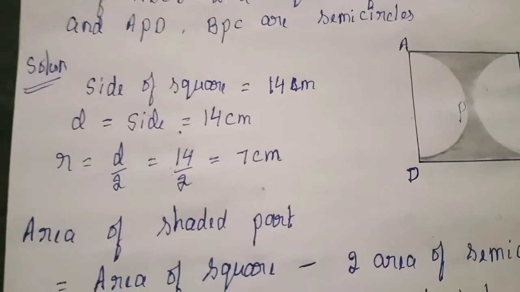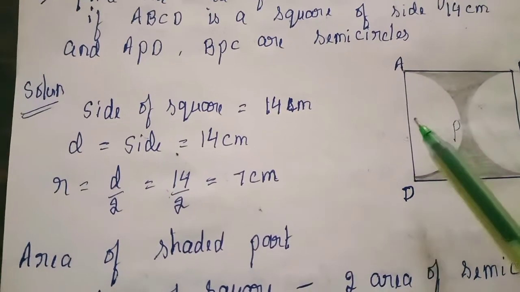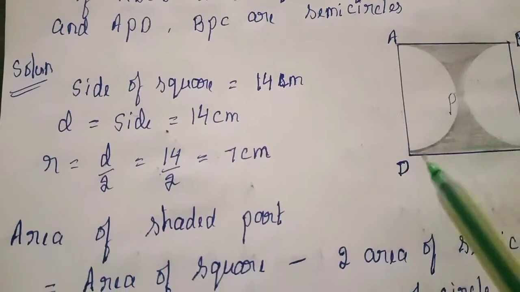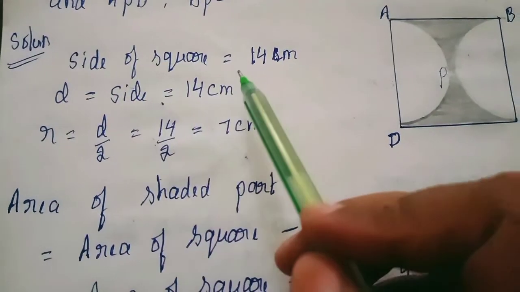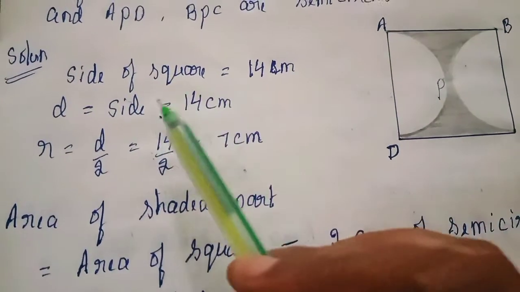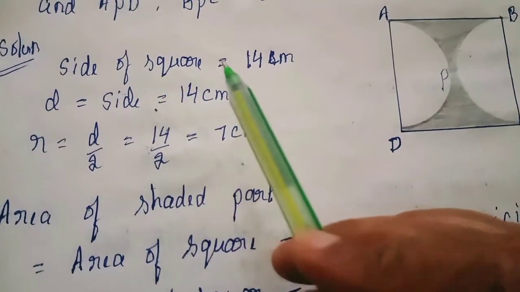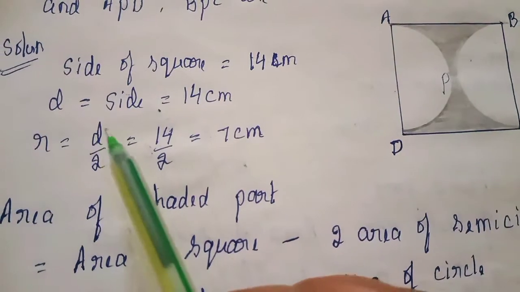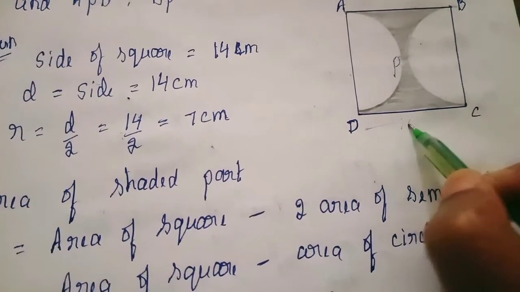Now let us look at them. Before you start any question, first write what we need for the formula. Whatever terms are there, make those terms ready in the starting, then you start. So what is the side given? 14 centimeter, directly as given in the question. Side of the square is 14 centimeter.